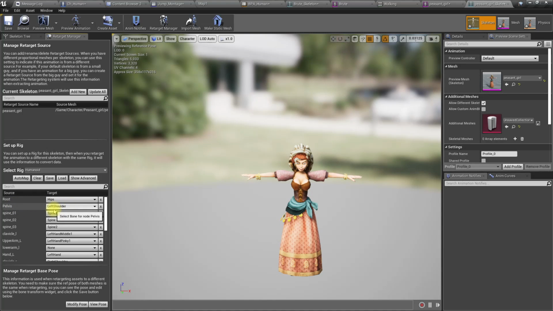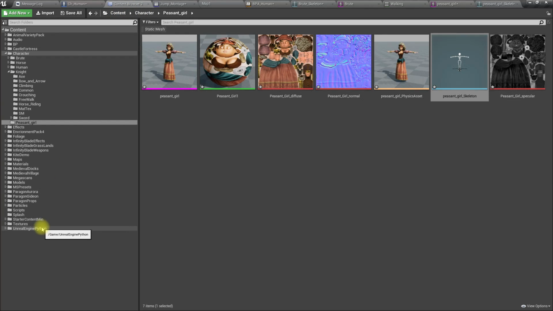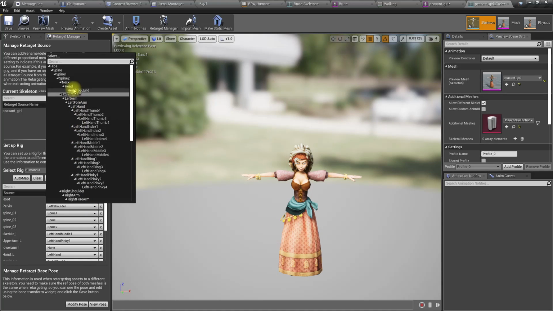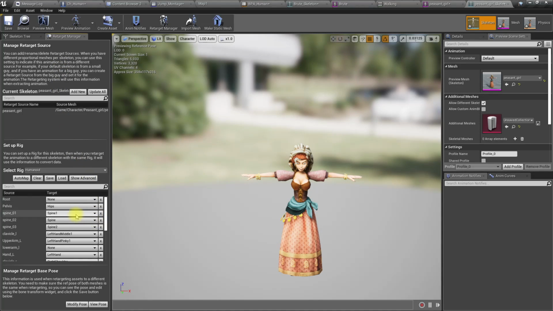Left shoulder is not pelvis. To actually see that, let's see if we have the mannequin here. No. Right, so anyway, hips cannot be the root, so I'll leave root as none, and pelvis should be hips,